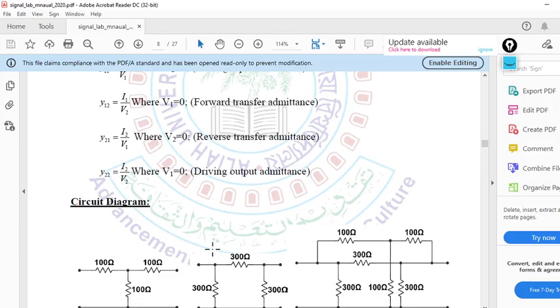But before removing this resistance from your breadboard, please ask me, because I may give you another circuit that you have to solve. So these things you have to remember, and please maintain some distance from your friend, also wear a mask, carry your sanitizer, and from time to time sanitize your hands. This you have to